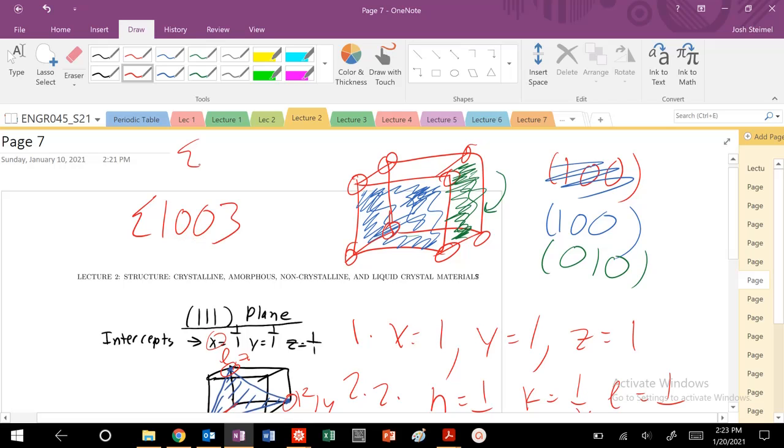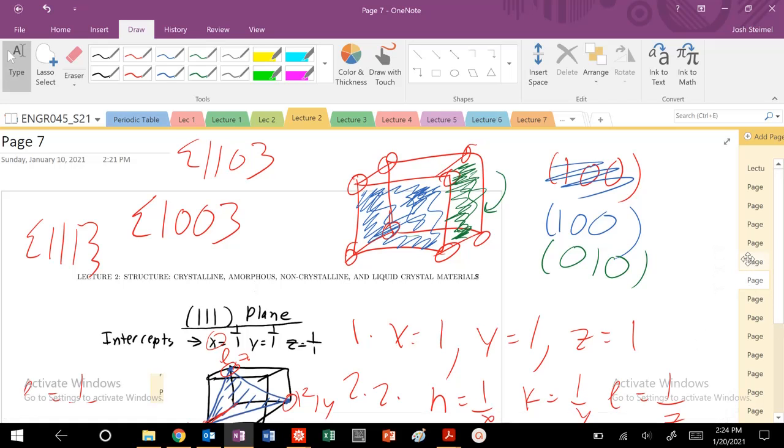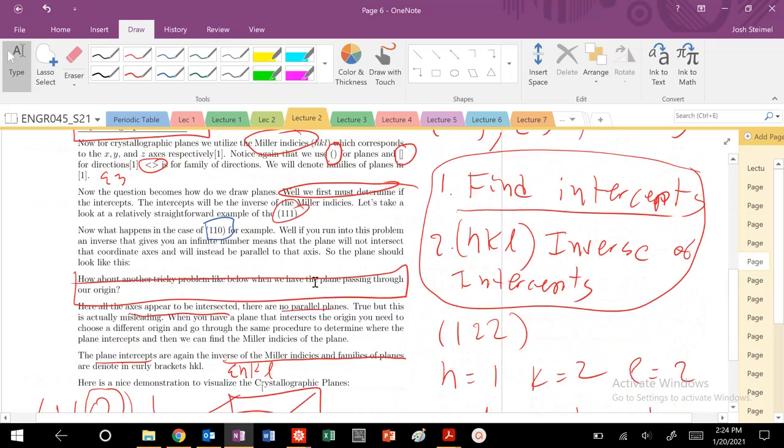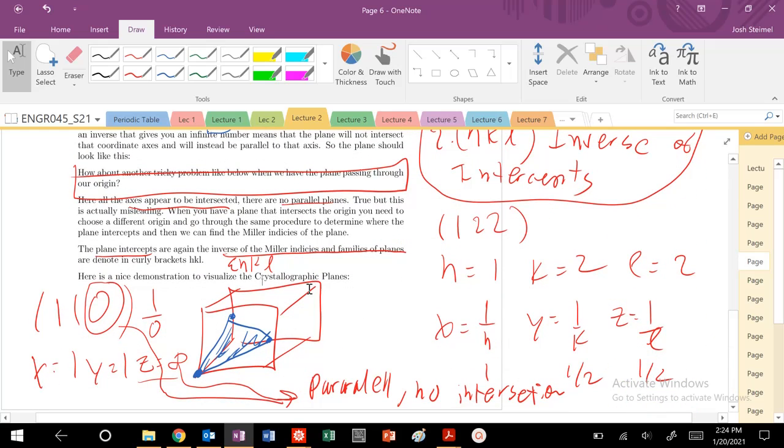There's also 1, 1, 0 planes. There's 1, 1, 1, et cetera. So you can kind of see those different families of planes and those similarities there. Excellent. So before we move on into our discussion of crystallographic structures, one of the things